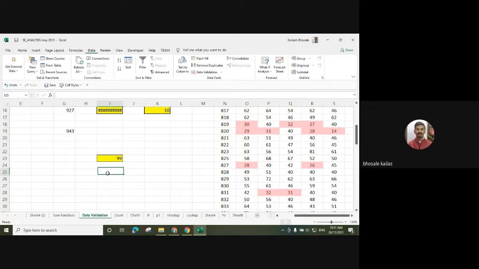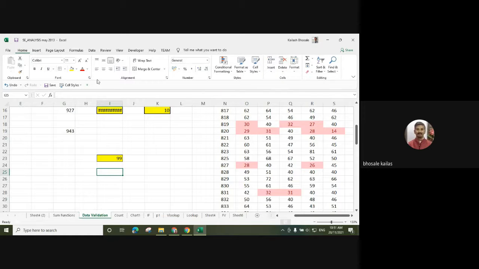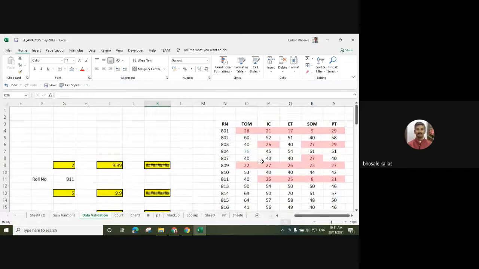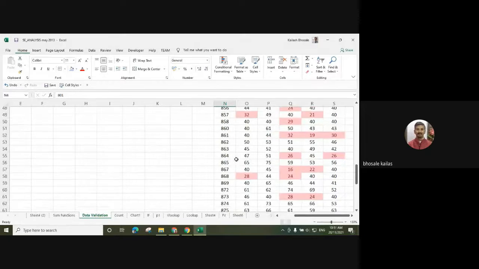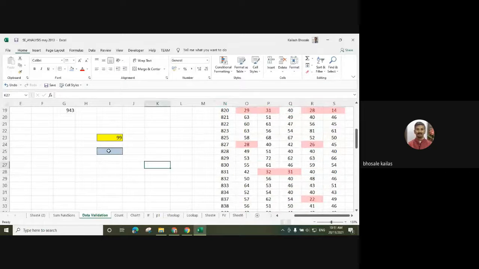There is another data validation we can add, that is list. Click on this data validation, select any cell here. The value in this cell will be, suppose, roll numbers. It will give us the roll number between 801 to 931. For that purpose, I can also use the data validation tool.